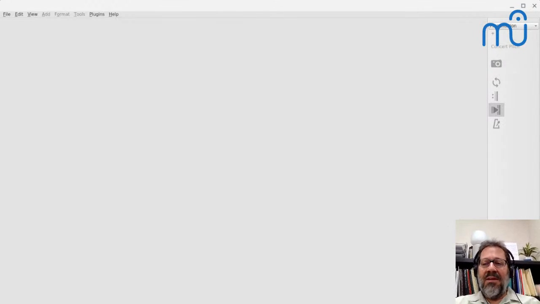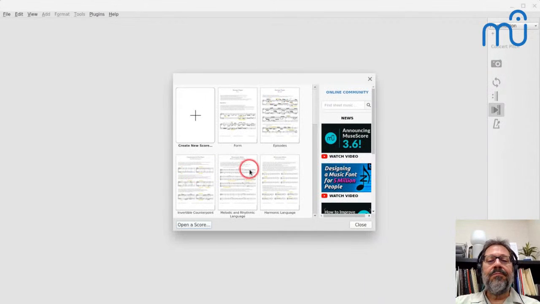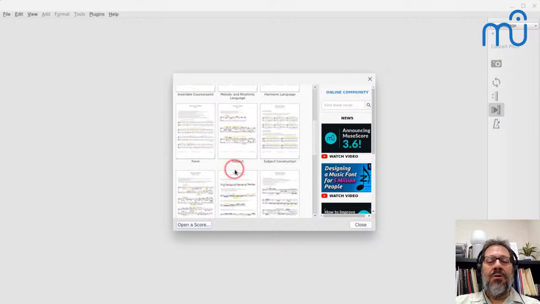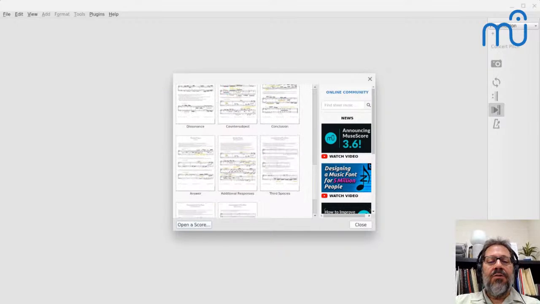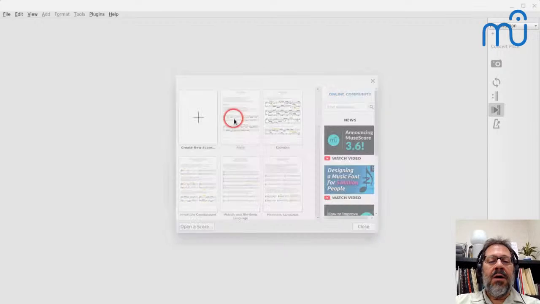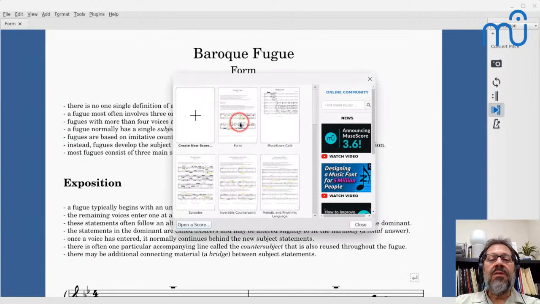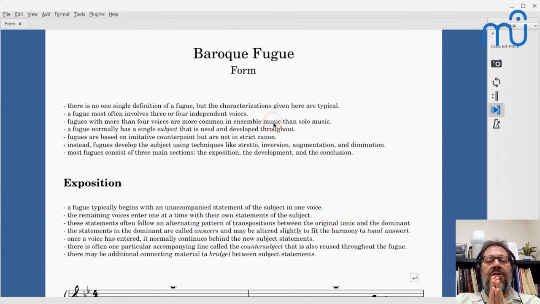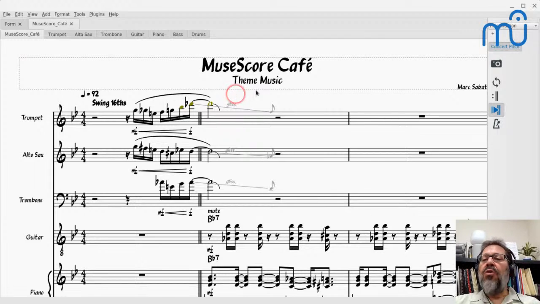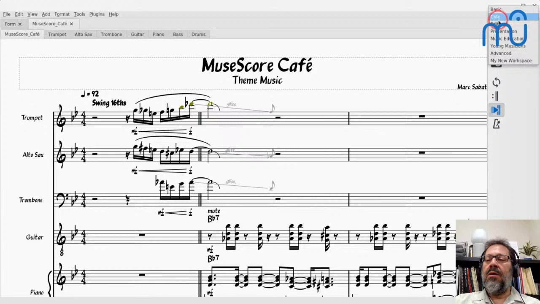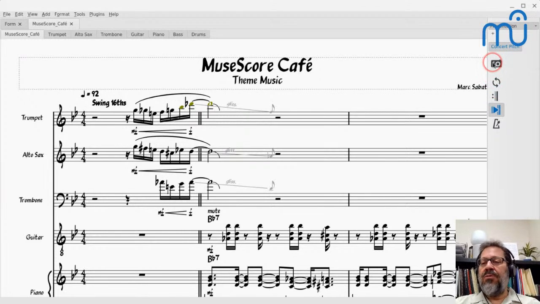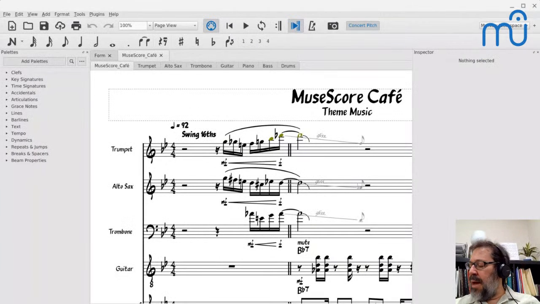Anything that you see with no score loaded, that is about your workspace. So apparently I just lost my MuseScore Café theme song. It's not anymore in my recent files list. Isn't that interesting? Oh, there it is. Okay, I just didn't see it. So I'm going to switch back from my presentation mode to a workspace, the one I just created, my new workspace, and show you a couple other things, because there was a question about